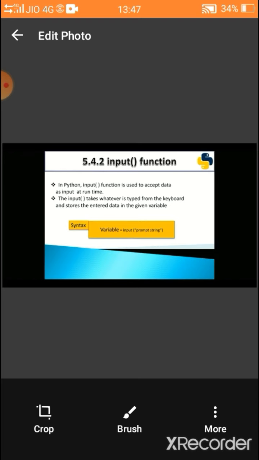Like that, if you want to get data into variables, we have to use the input function in Python programming. Look at the syntax for the input function. Variable name equal to input, where input is a keyword. Within the brackets, we have to give a string.